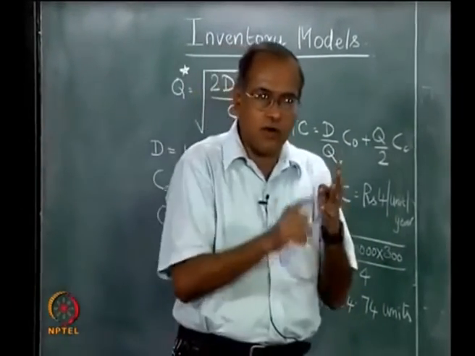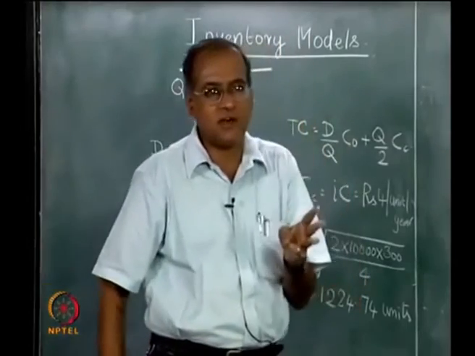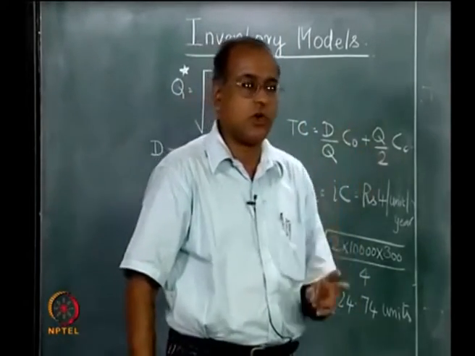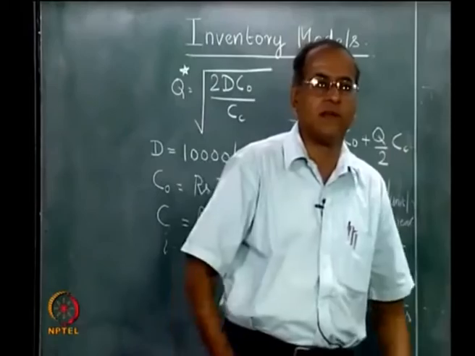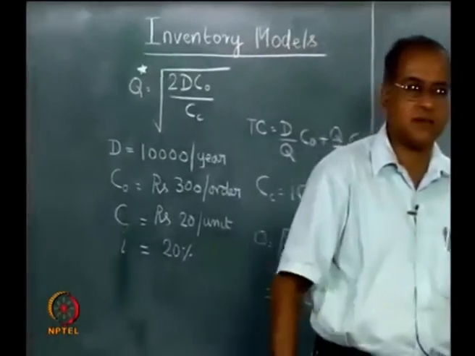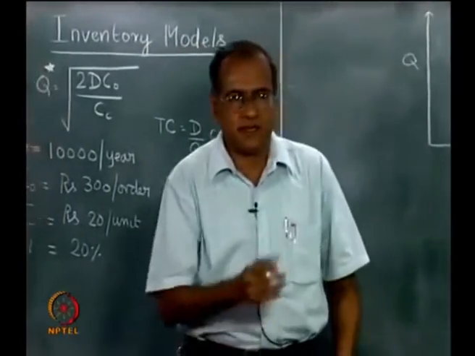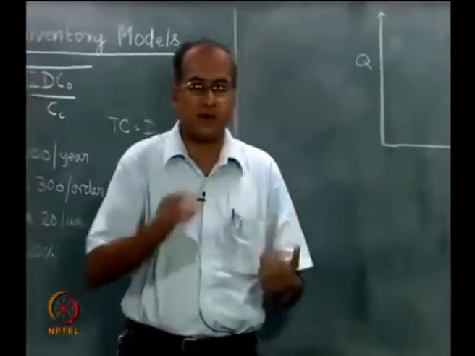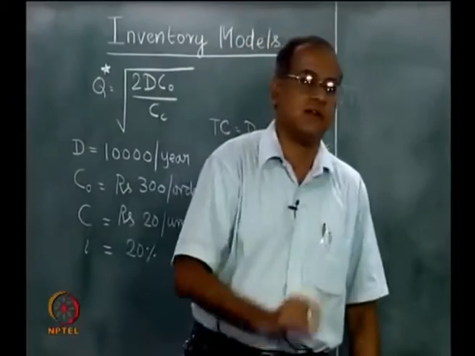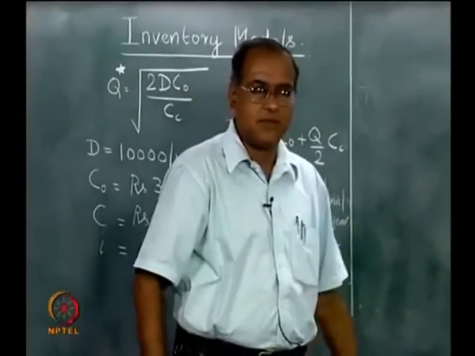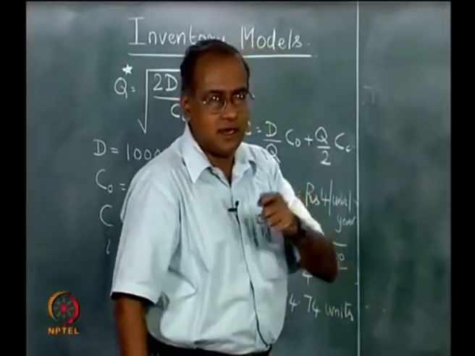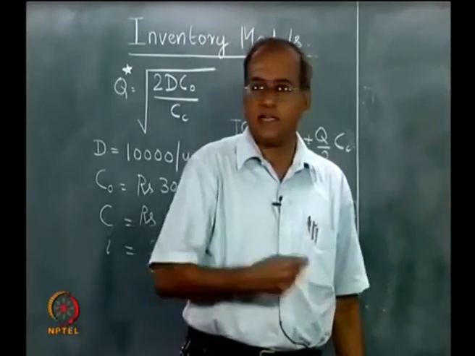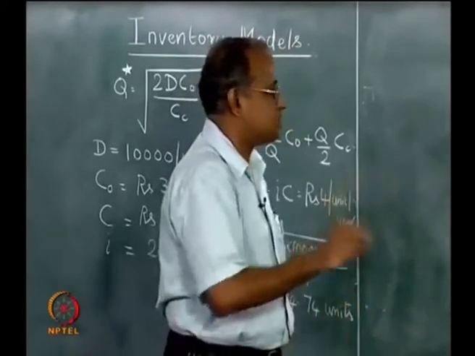We defined 4 costs, and we used only 3 of them. We also showed that amongst the 3, one of them does not affect the decision. The actual cost of the item does not affect the decision. We left out the back order or shortage cost because of the assumption that there is no back order. Now let us try and allow some back ordering at an additional cost and see how this model behaves.